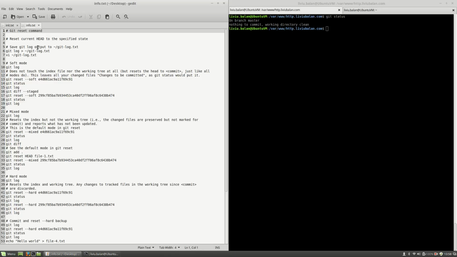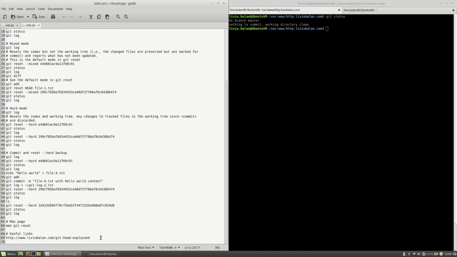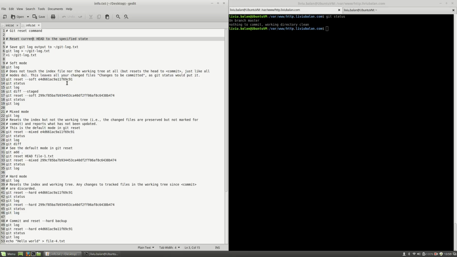Okay, so let's speak a little about the git reset command. What the git reset command is doing is to reset the current HEAD to the specified state. If you want to understand how the HEAD works in Git and take some more info about this, you can visit my tutorial on liviubala.com, Git HEAD explained, or you can check out my YouTube channel and search for this tutorial, Git HEAD explained. Okay, if you are comfortable with the git HEAD term, we can